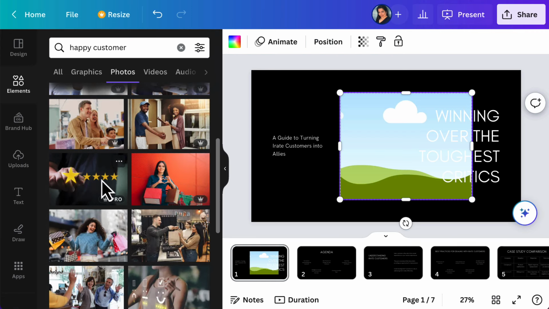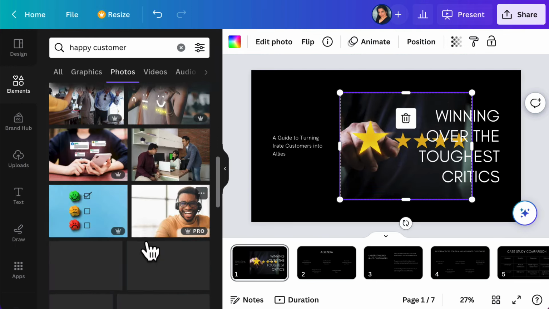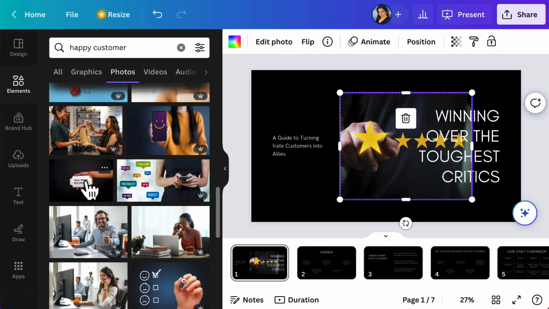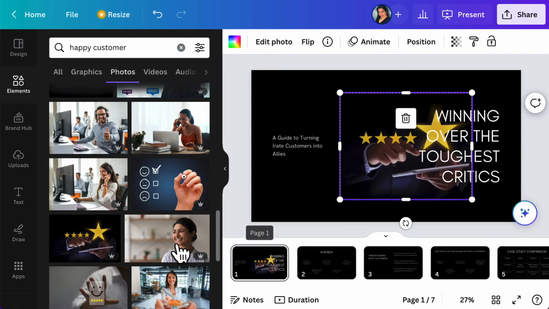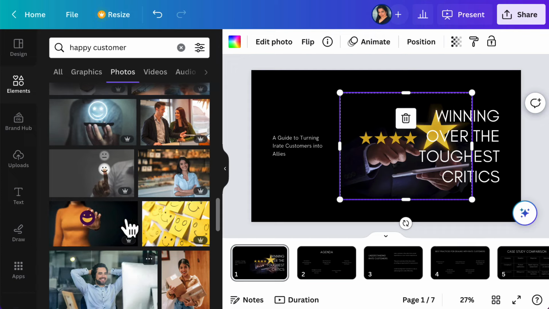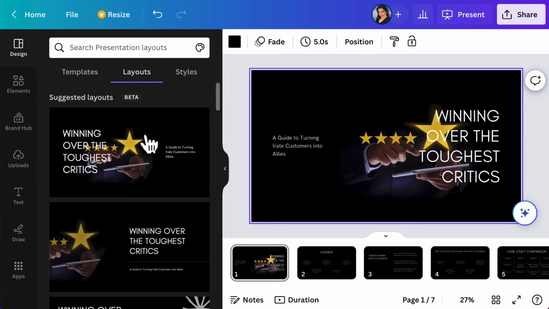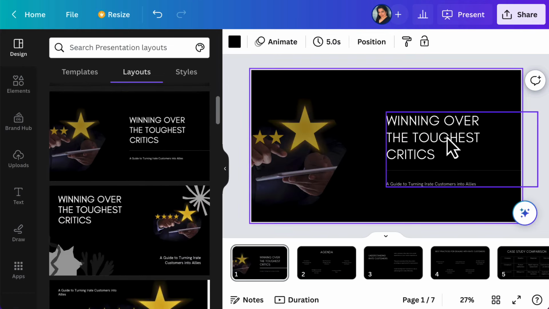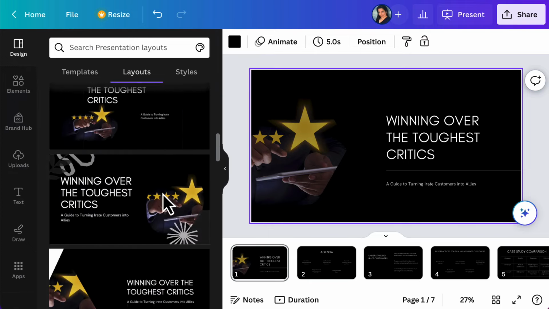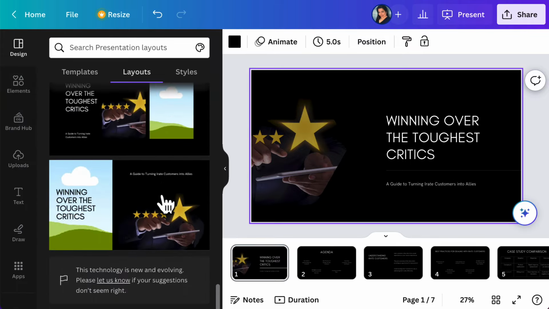So maybe let's see if we can pick this dark one so that it shows the text overlay, or any other image that you like. So here you can keep trying out different images and see what works for you. Let's see this one, this looks good, or any other image. And if you don't like the layout at this moment also, you can just go to design and look for other layouts. So here you can see after you added the image, it shows you other layouts that you can use, maybe this one, so that the image is also visible and the text is also nicely visible, or any other type of layout that you want. So you get a lot of options at every step in time.